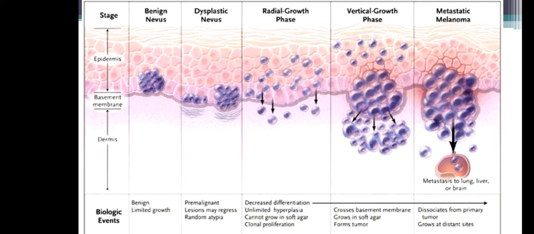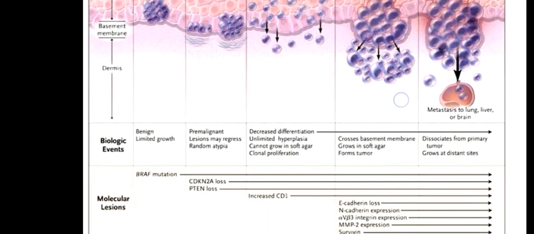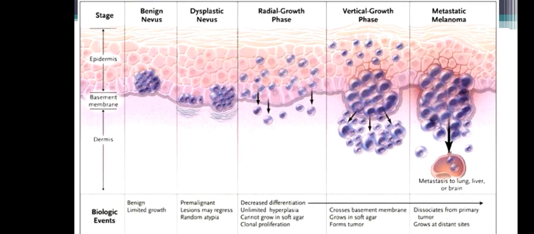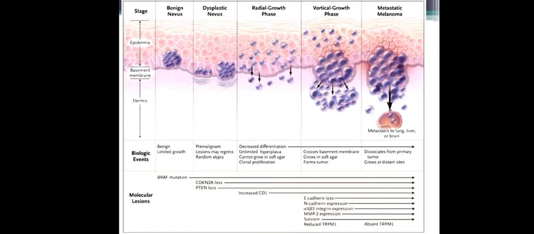Another phase of this melanoma is a vertical growth phase, which is considered the more aggressive phase, where these tumor cells grow vertically down. That is the most problematic phase, where you can get metastasis. It can metastasize to lung or other organs when it grows vertically. So there is a radial growth phase and a vertical growth phase, and that vertical growth phase is more dangerous.